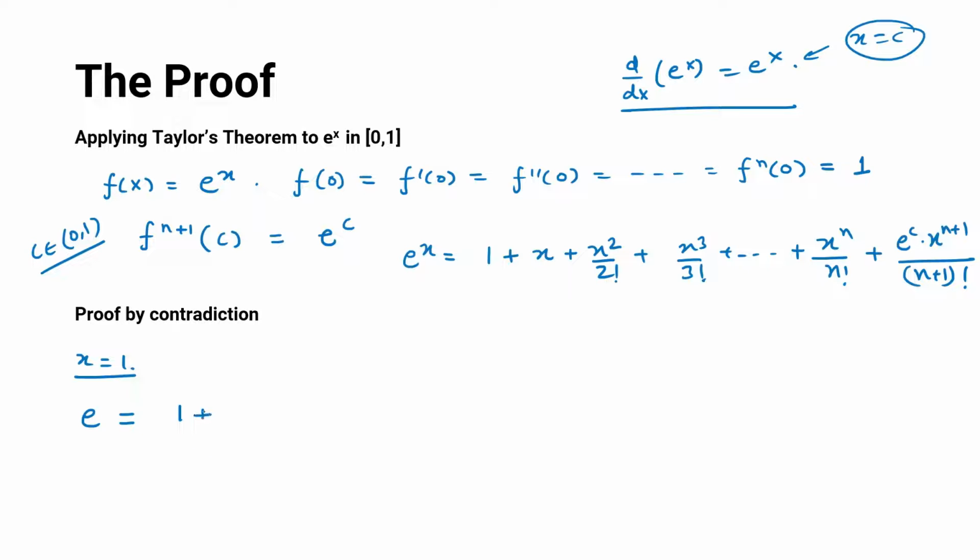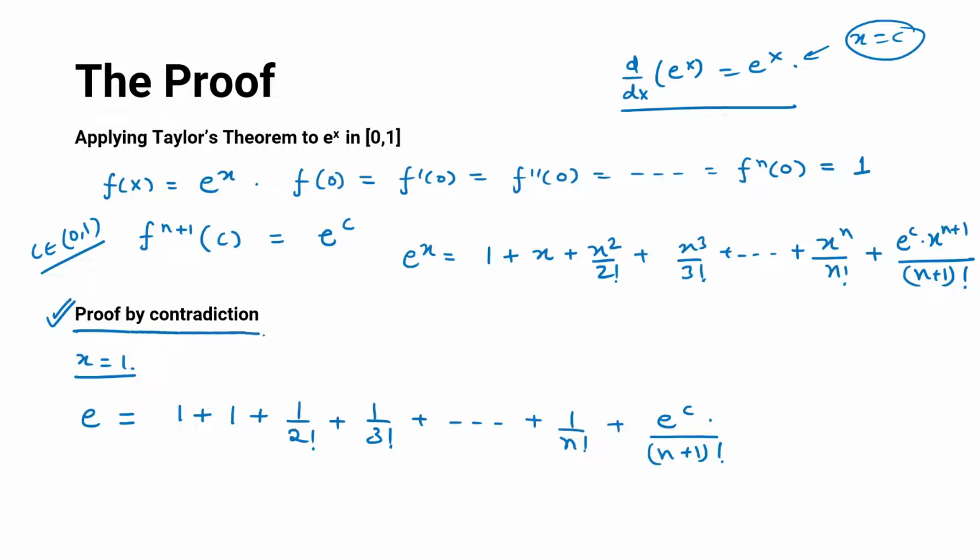So we're getting 1 plus 1 plus 1 by 2 factorial plus 1 by 3 factorial up till 1 by n factorial plus e to the power of c into 1 by n plus 1 factorial. So this is what we're going to get. And now, as the slide says, we're going to prove by contradiction that e is irrational. So in a contradictory proof, what we do is that we